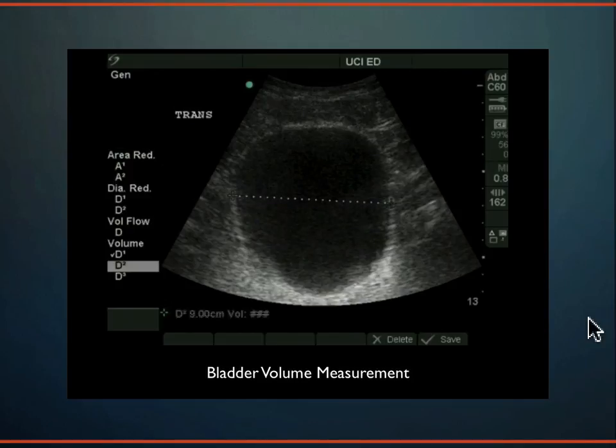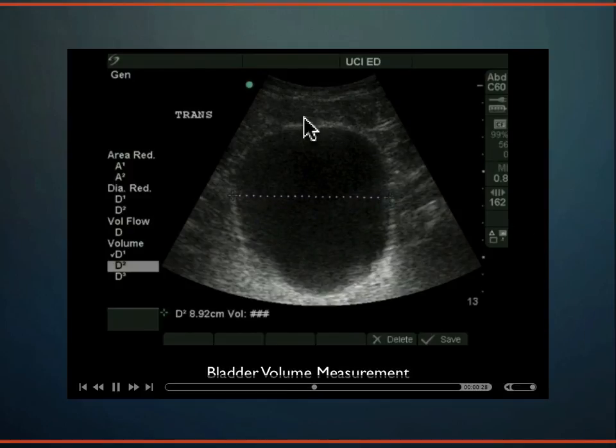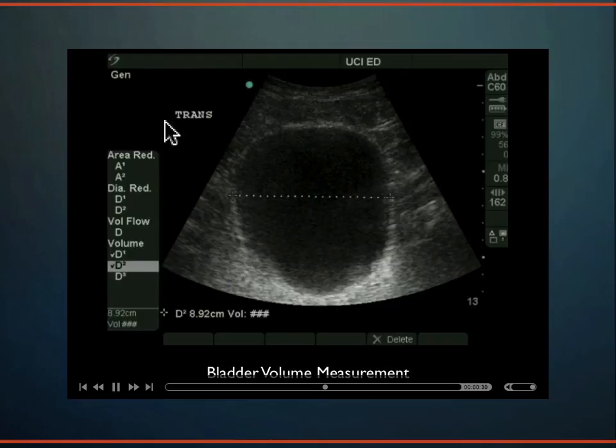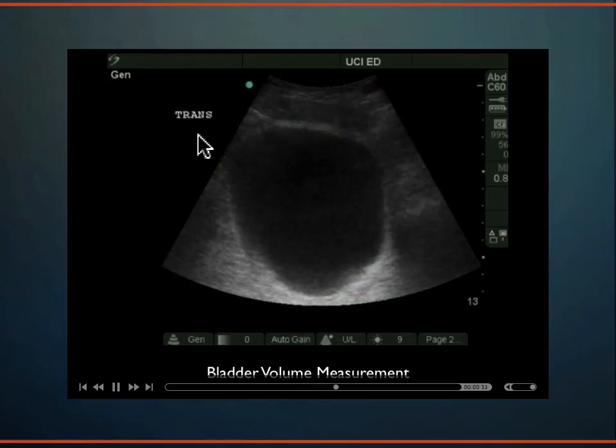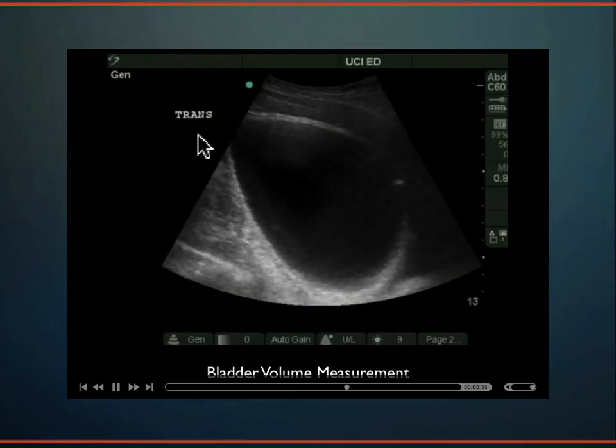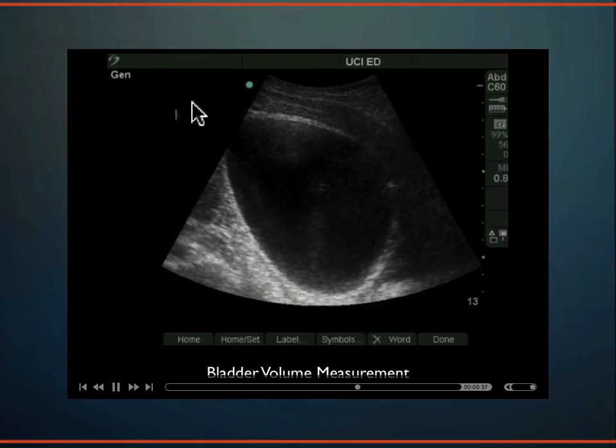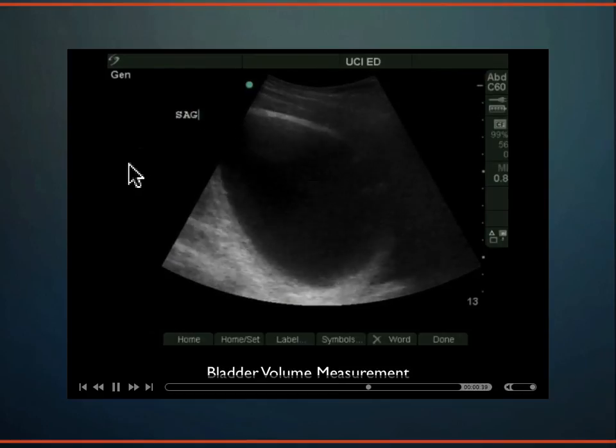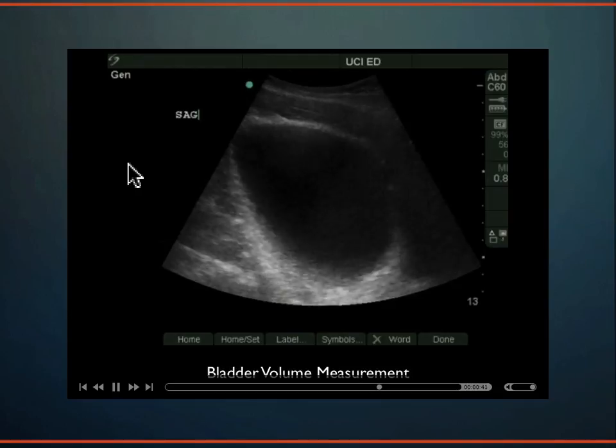So they measure the height. Now they're measuring the width in the transverse plane, and then they're going to unfreeze the machine and go to a sagittal plane. You'll see here now, they rotate the probe 90 degrees, so they're in a sagittal plane, and they delete the word trans and write the word sag, and then they're going to get a nice long sagittal plane of